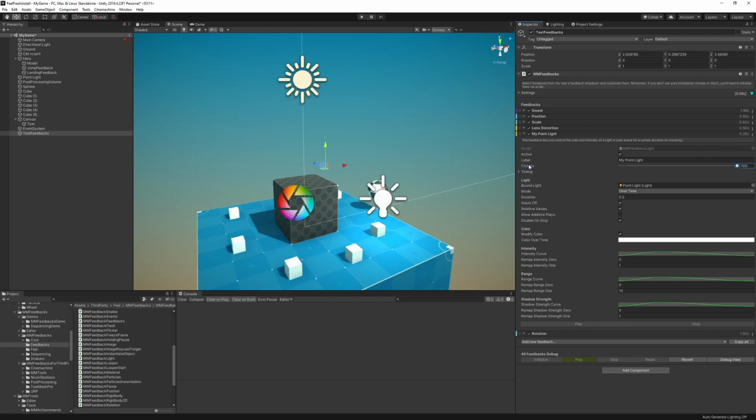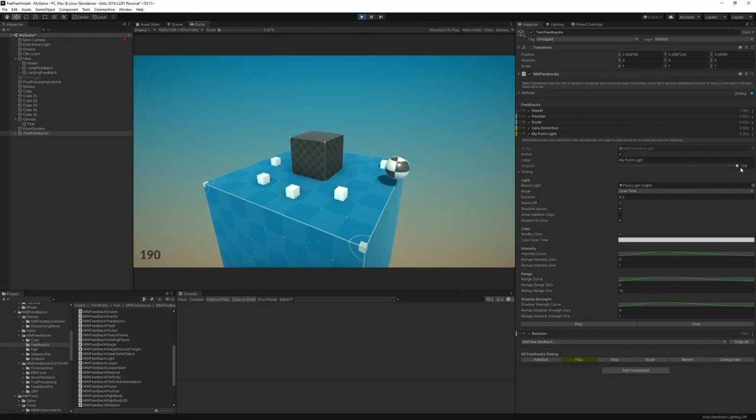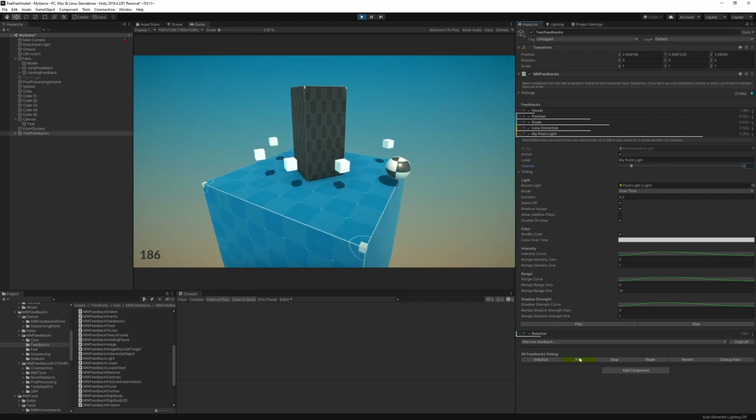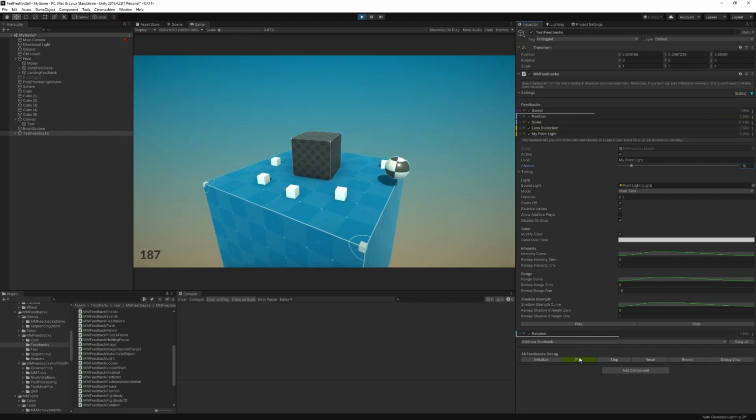Moving on, we have the chance. So that's an interesting one. If I am to press play, right now all of my feedbacks, they have 100% chance to play. If I were to lower the chance of the light playing, let's say I put it at 10, and I play all my feedbacks. 1, 2, 3, 4, 5, 6,